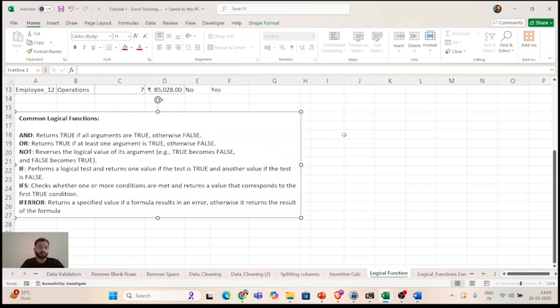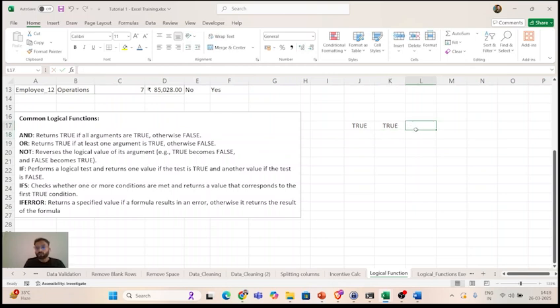So what does AND do? AND returns TRUE when both the arguments are true. Example, let's say there is a condition 6 is greater than 5. It is true. Another condition is, let's say 78 is less than 90.